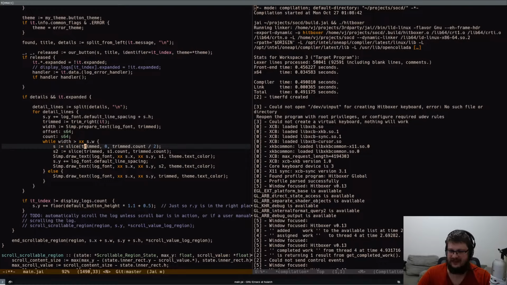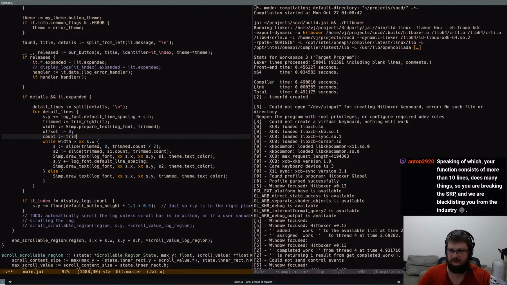Right, you need to slice, trimmed from 0 to, or I guess offset. You can just do offset equals 0 and count equals, right? And so you do count times, and count with what? So count